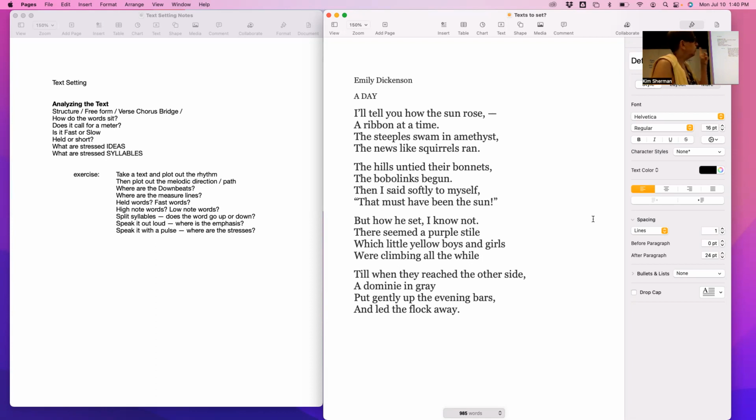To the end. Yeah, I also think "a ribbon at a time" is an interesting phrase, because it's like when the sun rises and you see a ribbon of light, right? And how would we describe that in the music? Because that could be an interesting